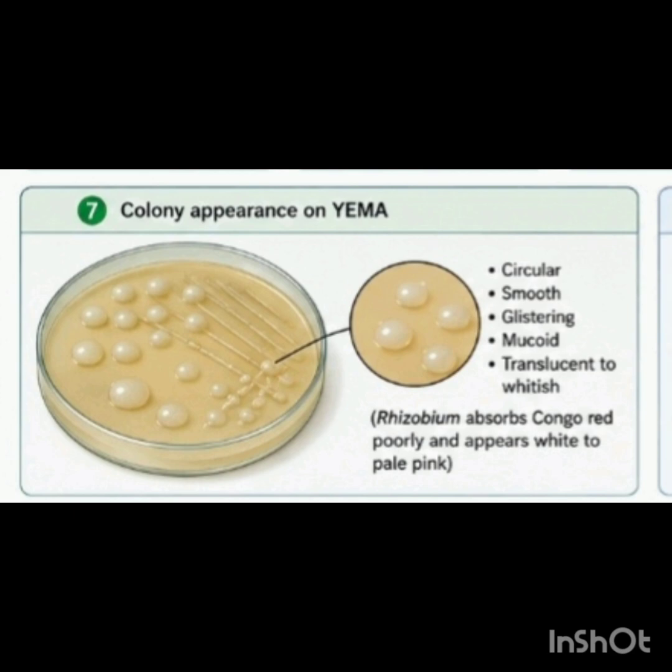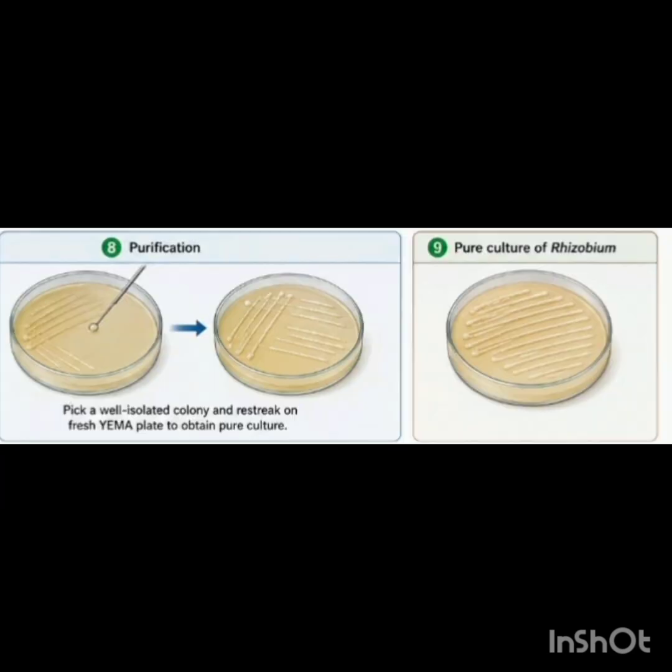And to obtain a pure culture, well isolated colonies are selected and subcultured into fresh YEMA plates or slants using aseptic techniques. Purification is essential because mixed culture can interfere with accurate identification and further studies. The pure culture obtained can subsequently be used for morphological observation, Gram staining, biochemical characterization, and preparation of biofertilizer inoculants. This practical not only teaches us the techniques of microbial isolation and aseptic handling, but also reveals the immense